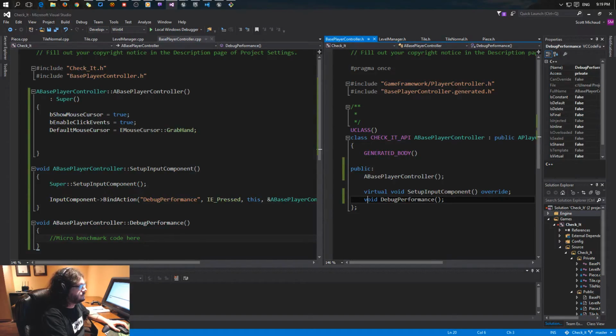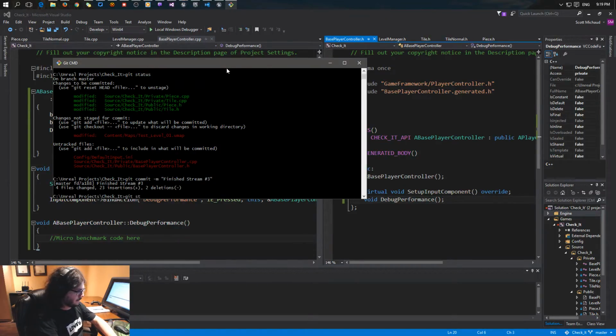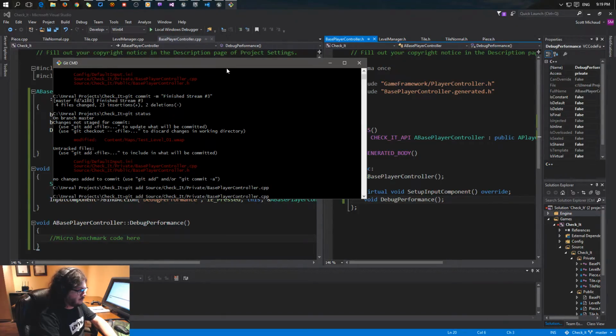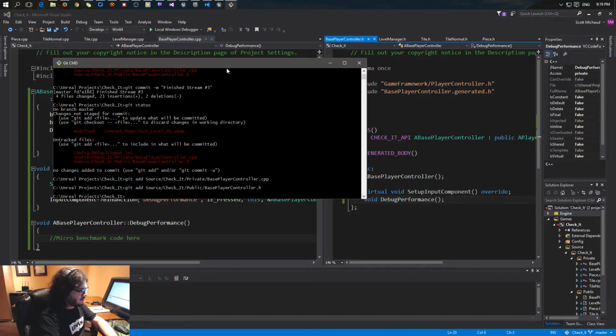Okay, right. So first what I'm going to do is add... let's commit this, so git add source, check it. Whoops. Private base player controller. One thing I actually don't really like about this is that the regular GitHub one